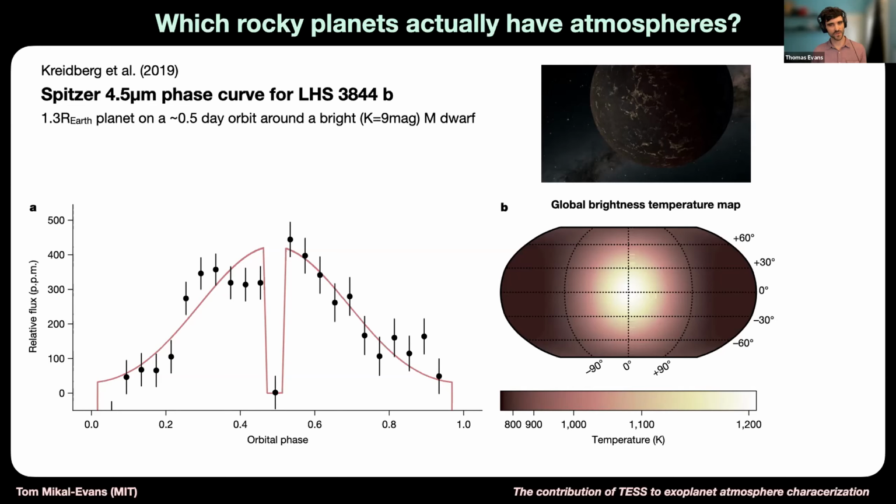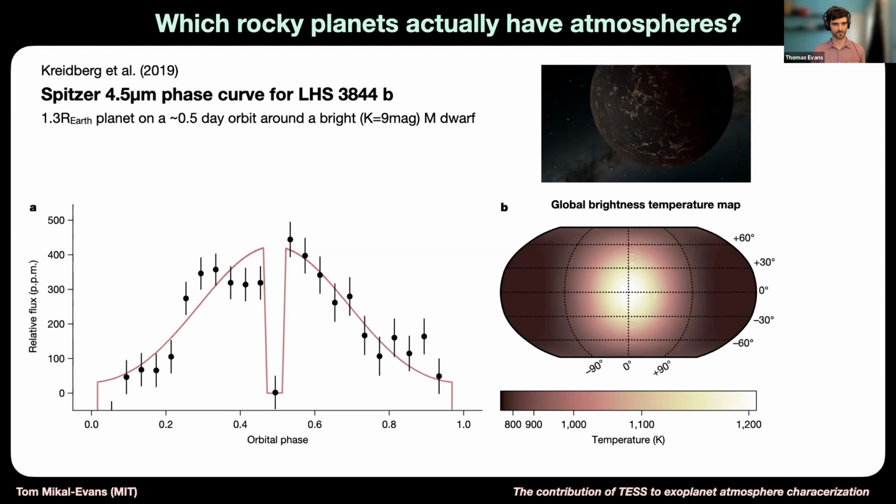The authors were also able to deduce that LHS 3844b almost certainly lacks an atmosphere, which is a useful measurement because a big open question is how many rocky planets actually have and retain thick atmospheres, particularly those orbiting M dwarfs like LHS 3844. And I believe the only other rocky planet with a published phase curve is 55 Cancri e, really emphasizing that measurements like this one have basically not been possible prior to TESS finding more rocky planets